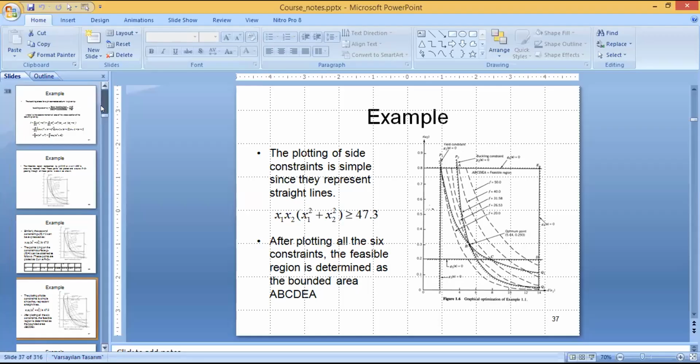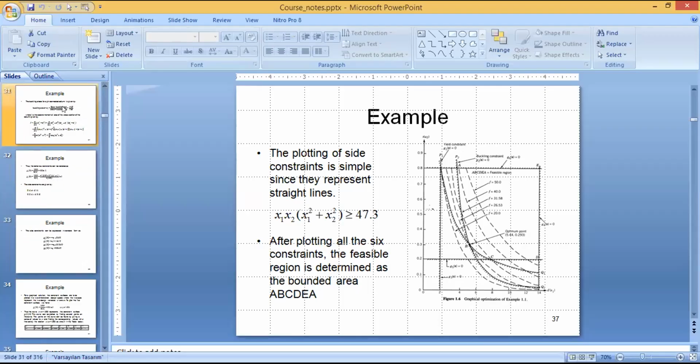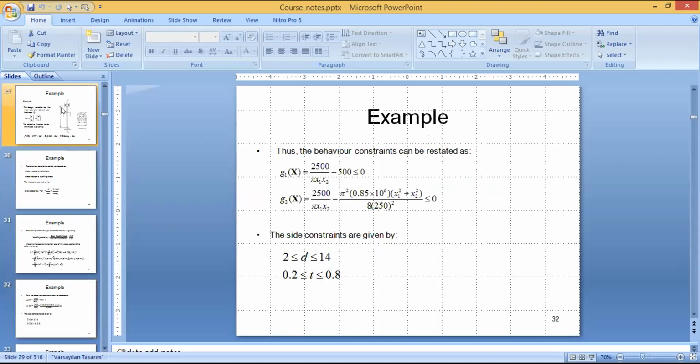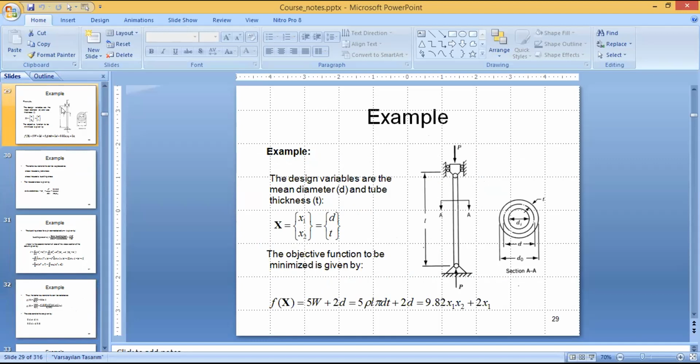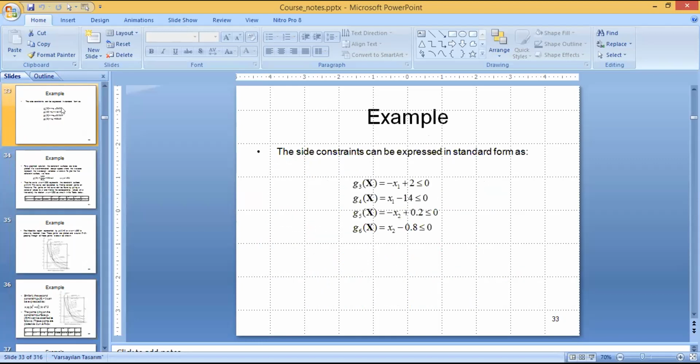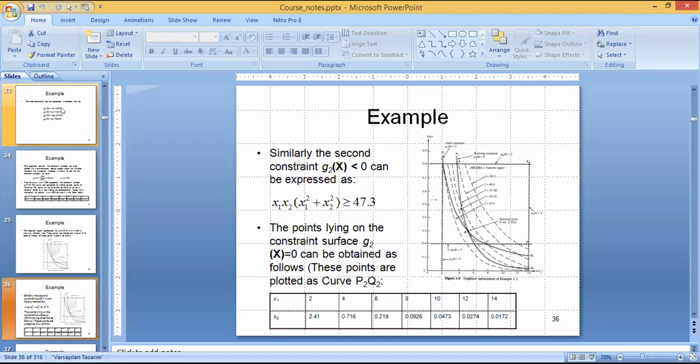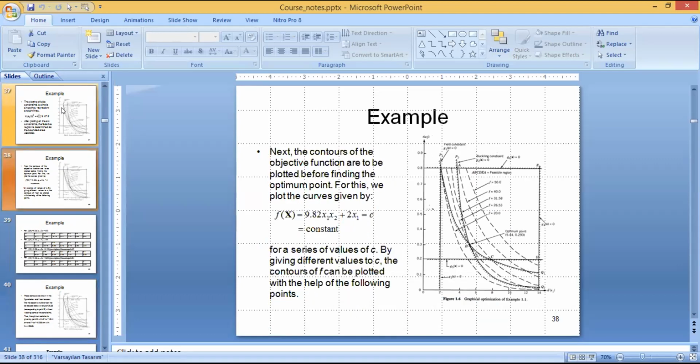Okay, so for each value of x1, you are getting three different values of R. So you have to decide which value. Are you going to take all three values, or just two values, or only a single value, or are you not going to take any values? So tell me, you have three different values of x1, x2. Which value are you going to take? Are you going to take all the values?